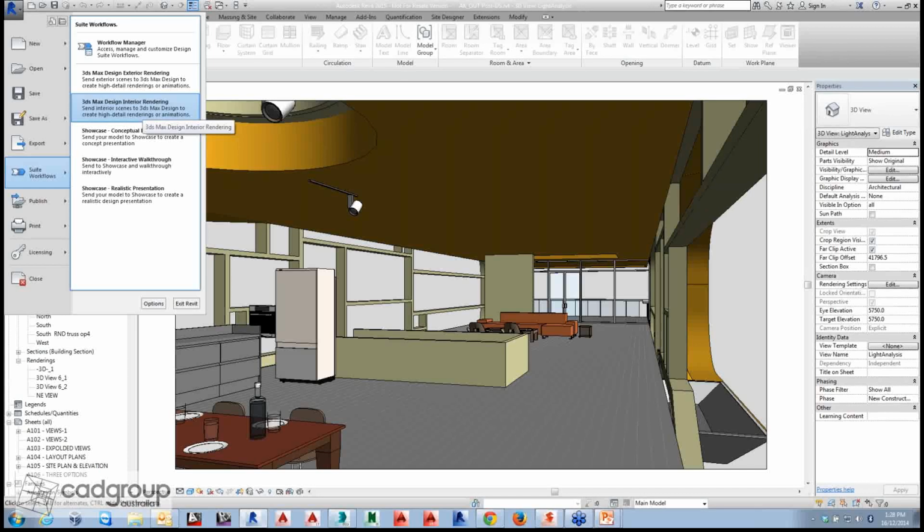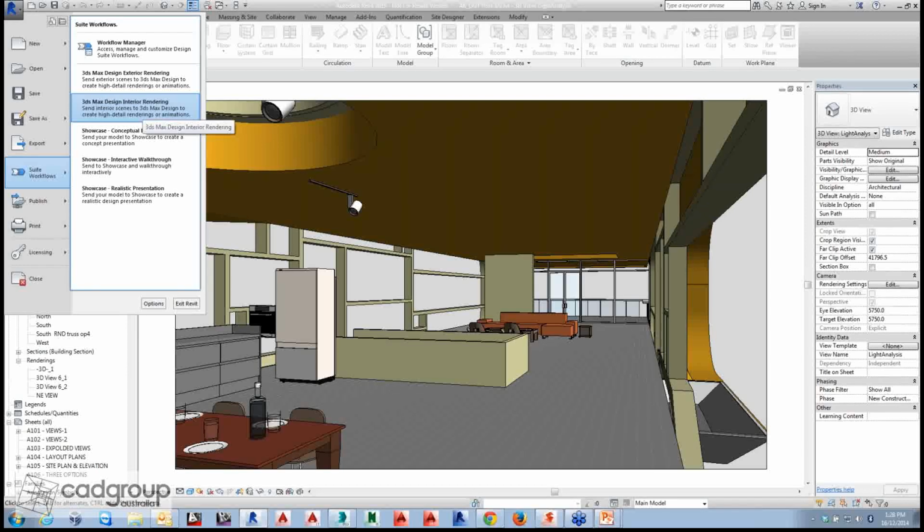The point to be noted before exporting is that the best way to minimize the objects exported to 3ds Max, or to make the materials much more realistic, is to adjust the settings within Revit prior to export. That means we would prefer to have realistic or physically accurate materials for the design in Revit, and